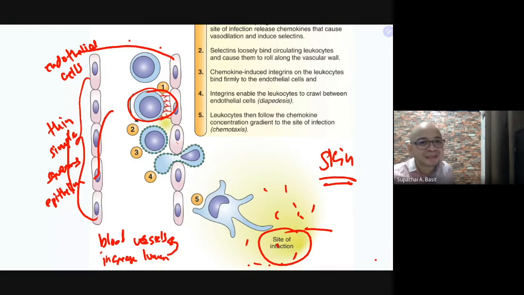So the chemokines induce integrins on the leukocytes to bind firmly to the endothelial cells. So that is what's happening now. And the integrins enable the leukocytes to crawl between the endothelial cells. Since the endothelial cells are very thin, they will actually undergo diapedesis. By means of diapedesis, these cells will be able to go out from the blood vessels and directly go to the injury. Leukocytes then follow the chemokine concentration gradient to the site of infection,